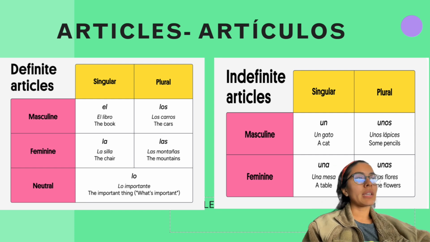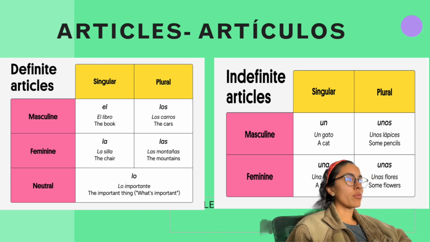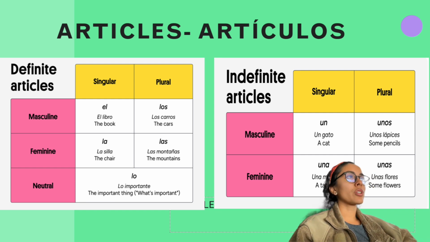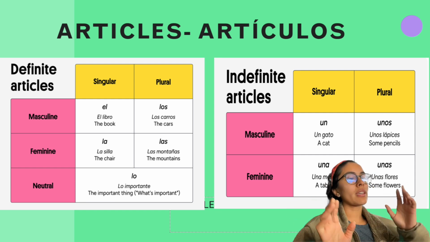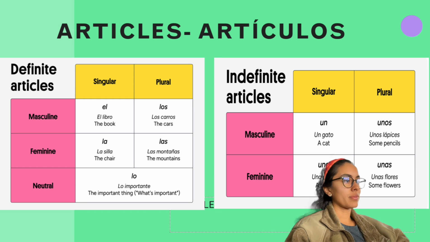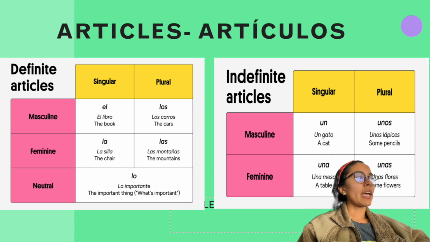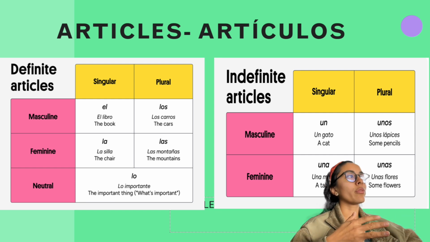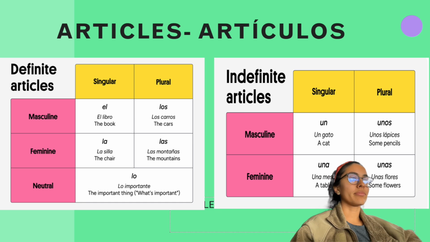When you want to be specific about something, you use the definite one. And when you're just speaking generally, you use the indefinite one. I got it. Yep. And same rule as the other one. For these ones, it's very relaxed, so if you ever make a mistake, it's fine.